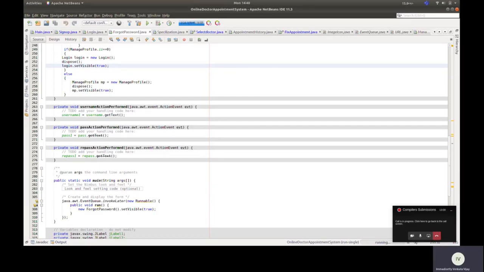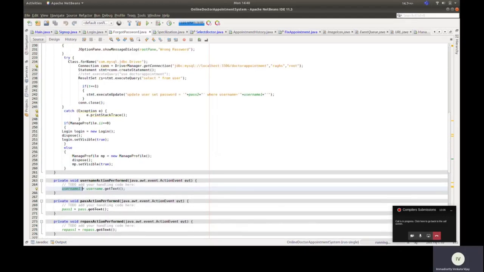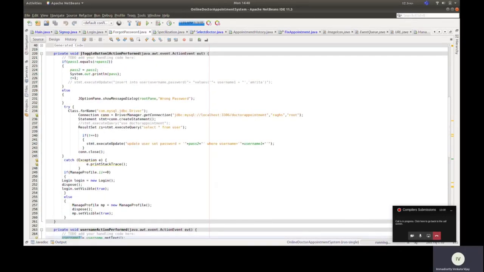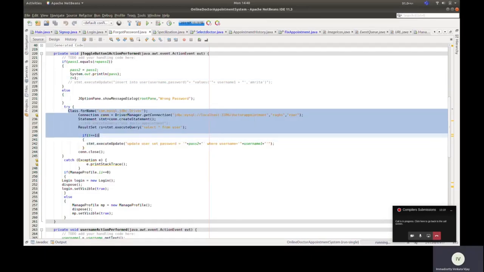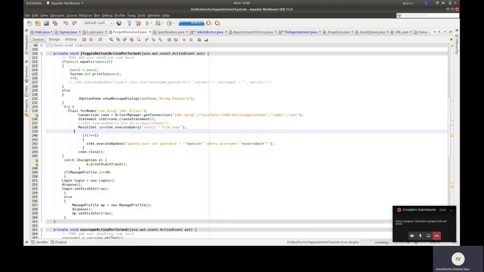Again we are storing the text field details into the variables here, user1, pass1, password2, and we are checking whether the password and re-enter password are both equal or not. So if it is equal, we are storing t equal to 1. And again we are setting up the database JDBC, and if t equal to 1, then we are updating the table.